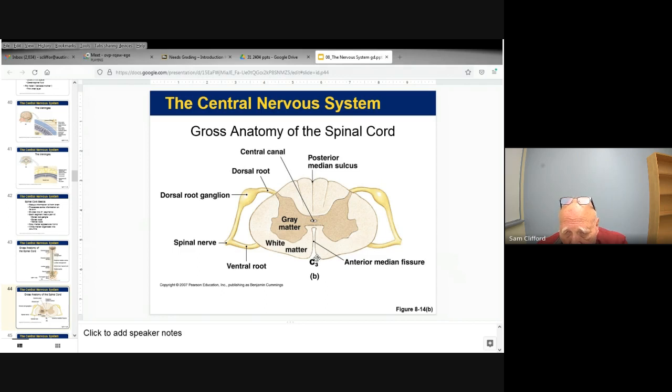So this is the posterior sulcus. Here's the interior median fissure. Remember, a sulcus is a slight depression in between slight elevations. We don't call these gyri. This is called a sulcus. So sensory information comes in, goes to interneurons. The interneurons analyze and connect to appropriate motor neurons in the lower or the ventral or anterior horn of the gray matter, and then the motor output